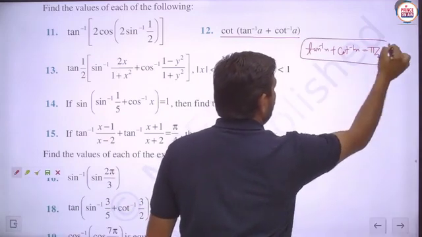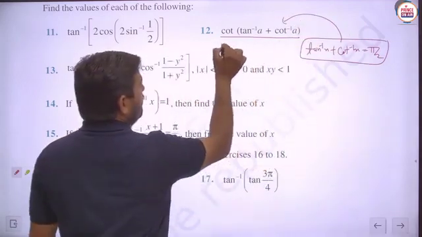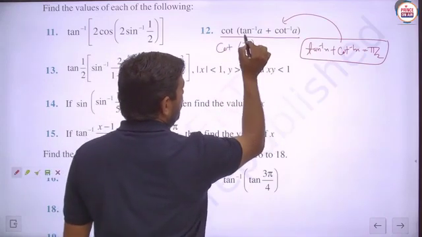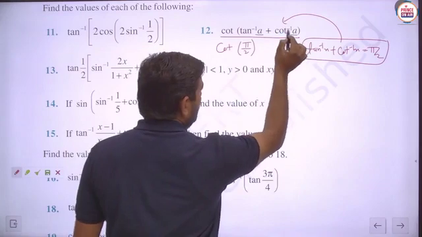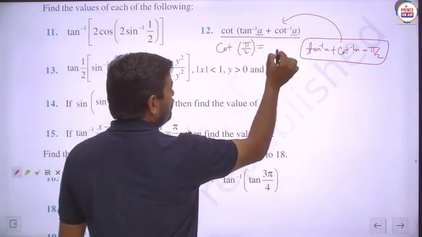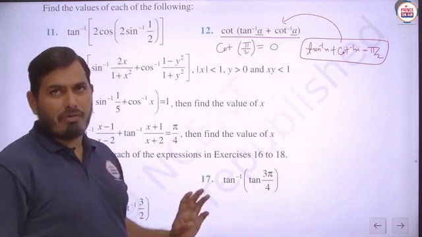So you can just use this identity here. So this part will be written as cot of pi by 2, because as per this identity you can say that this is A and this is A, then this whole part will become pi by 2, and I think the value of cot pi by 2 is always found to be 0.